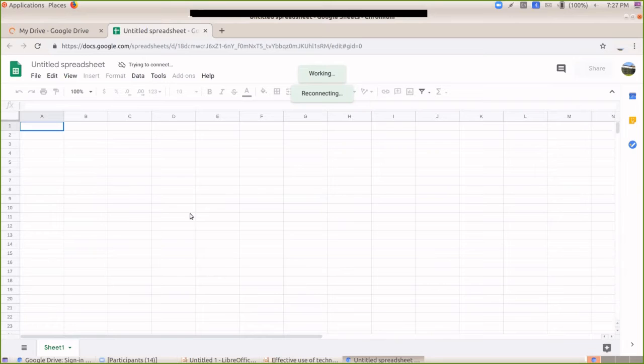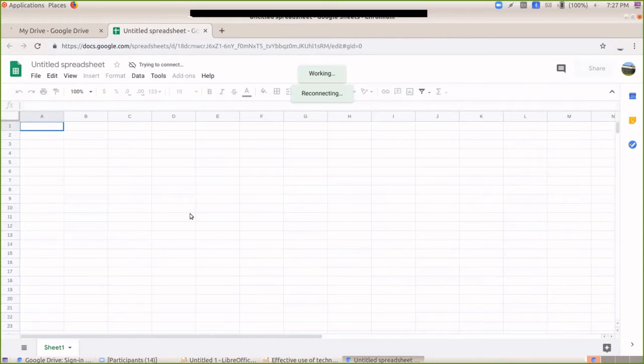But in Microsoft Office, when you create an Excel sheet and want to share it, it will be shared through physical devices or through Gmail or something like that. And there, the updates are not returned back.